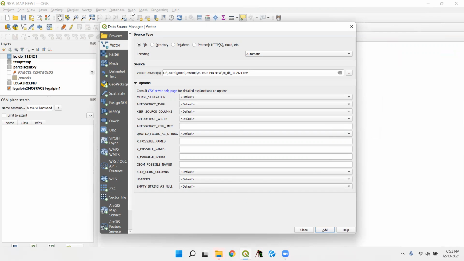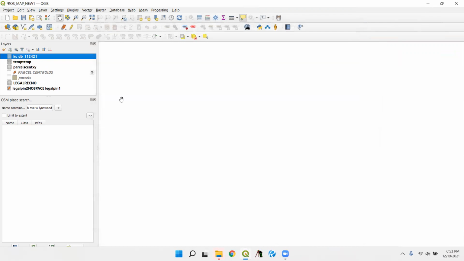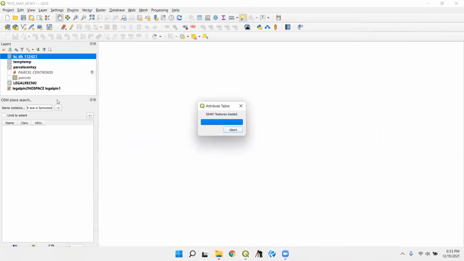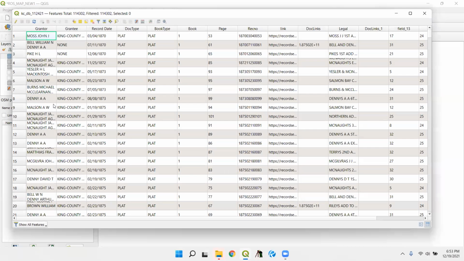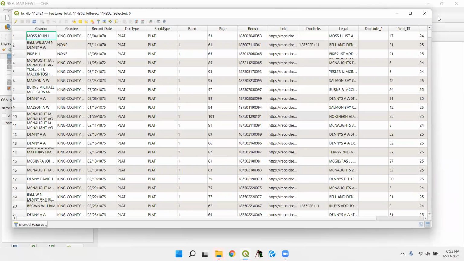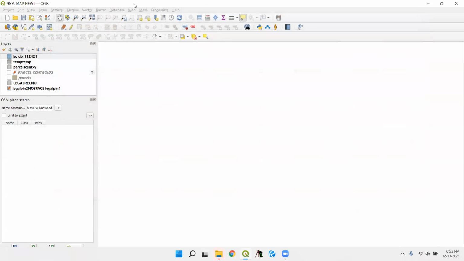See what that looks like. Hopefully it's not like field 1, field 2, field 3. It'd be great if we had some headers. Let's see what it looks like. Yeah, look, we got all the headers. So that one says field 13, 114,000. Okay, we'll worry about that stuff later. But anyway, so